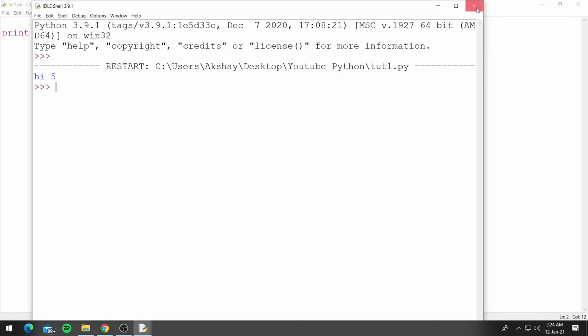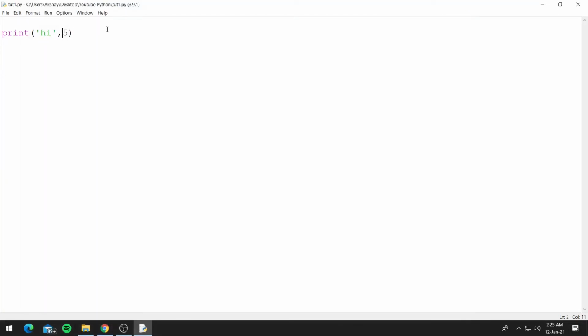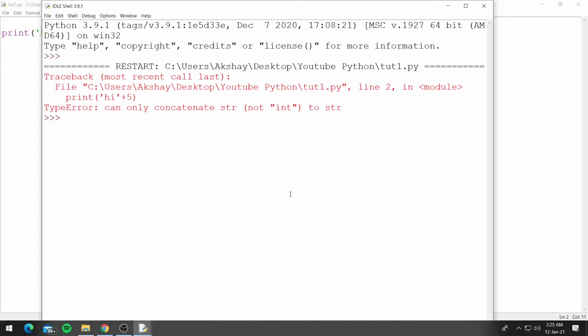But now let's try using the plus sign. Let's try running this. So it gave us an error. What it is trying to do is add a string and a number, which is not possible mathematically.